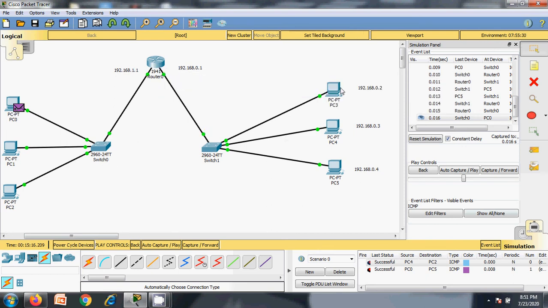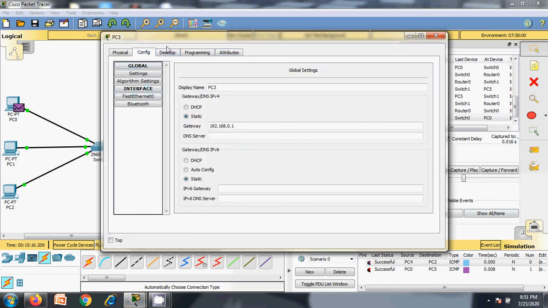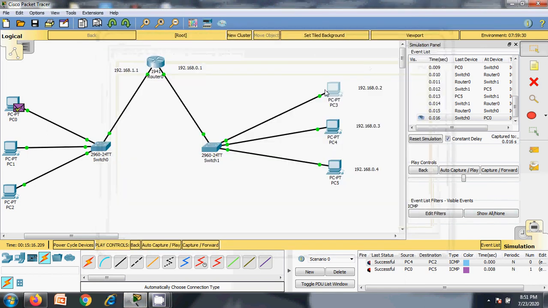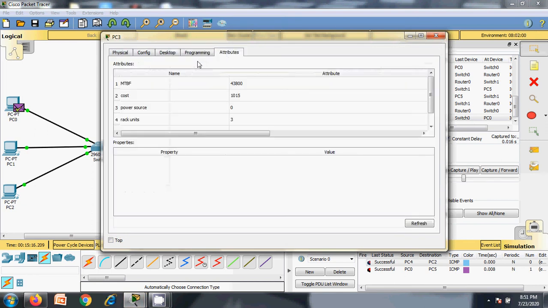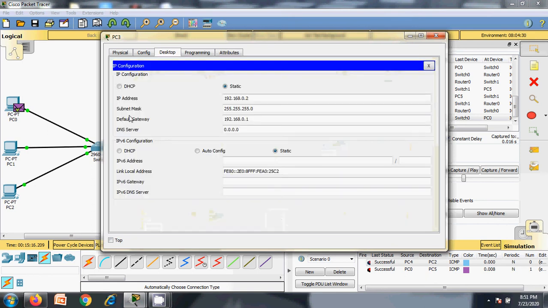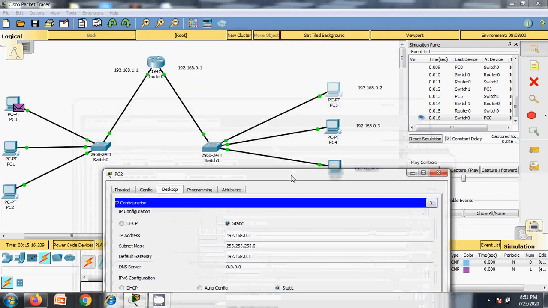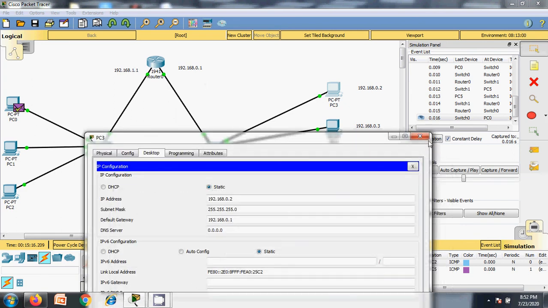So you need to define the gateway address of this. You need to give the gateway IP of this network. Look at where it is. Sorry, the command prompt needs to be closed. So in this IP configuration, this is the important one you want to note down in case of the simulation, which is the default gateway, which is nothing but 192.168.0.1. So you can use any IP as the gateway router, not necessarily the first IP. So you can use any IP as the gateway interface of the router, right?